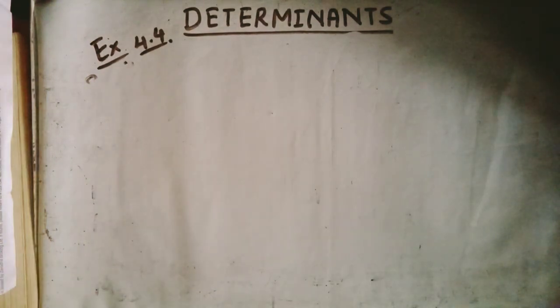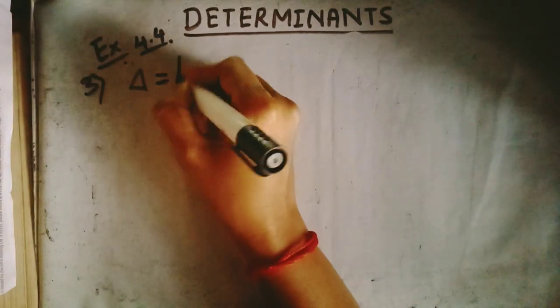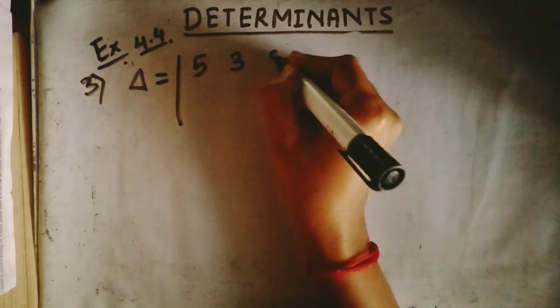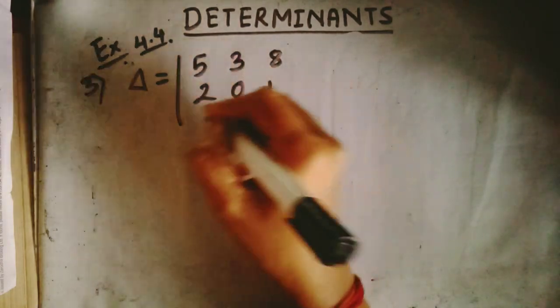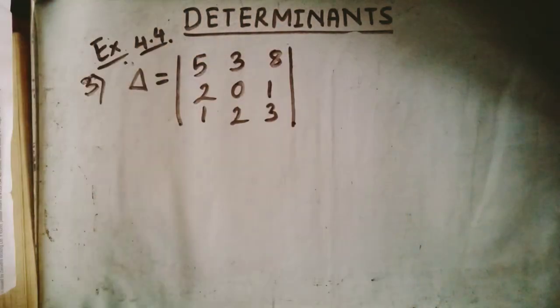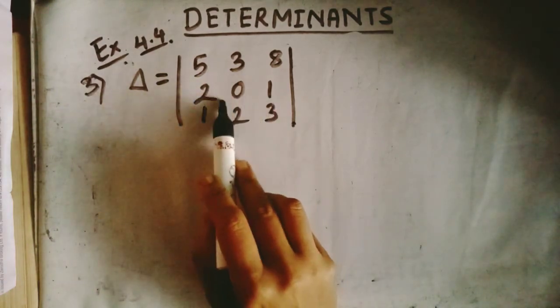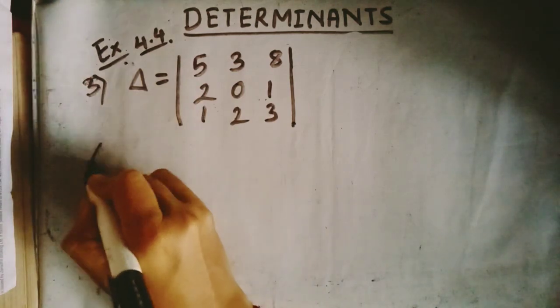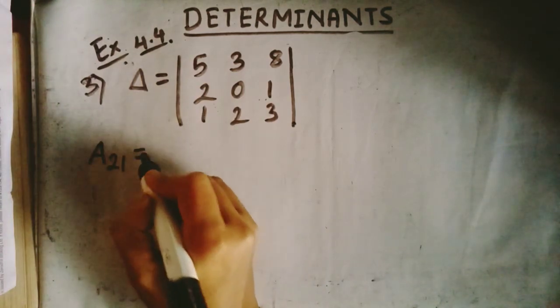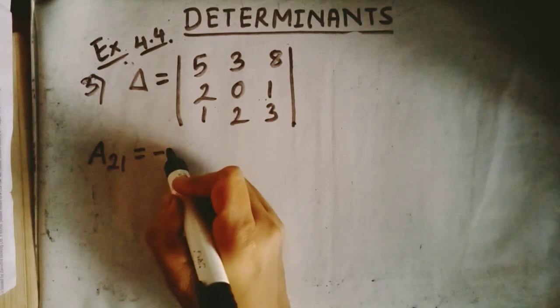Let's solve question 3. Okay, using cofactors of elements of second row, you have to evaluate 5, 3, 8, 2, 0, 1, 1, 2, 3. So this second row you have to evaluate determinant. Okay, so first you find out the cofactors of the second row. So cofactor will be 8, 2, 1 minus, because minus 1 raised to 3, right? So minus,